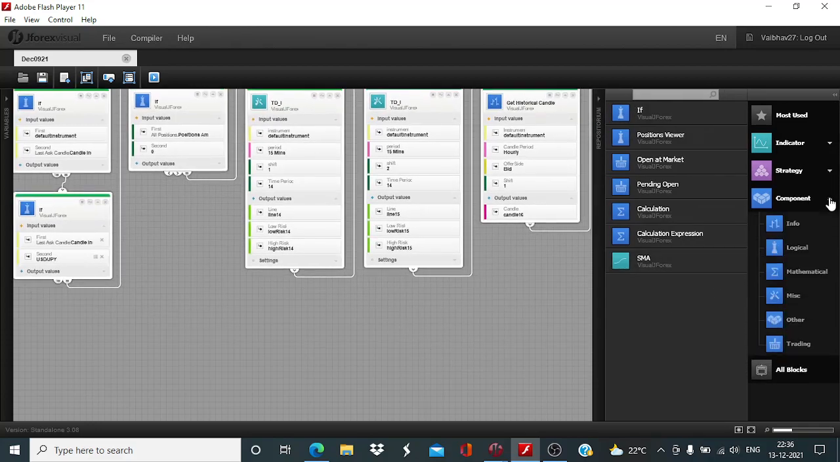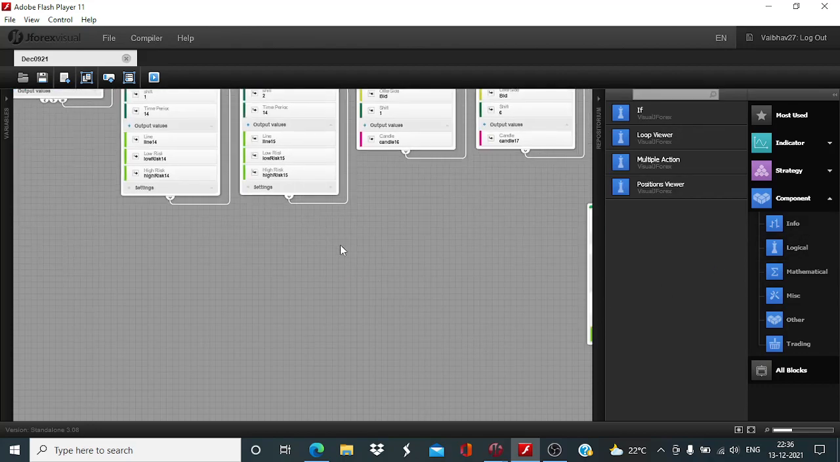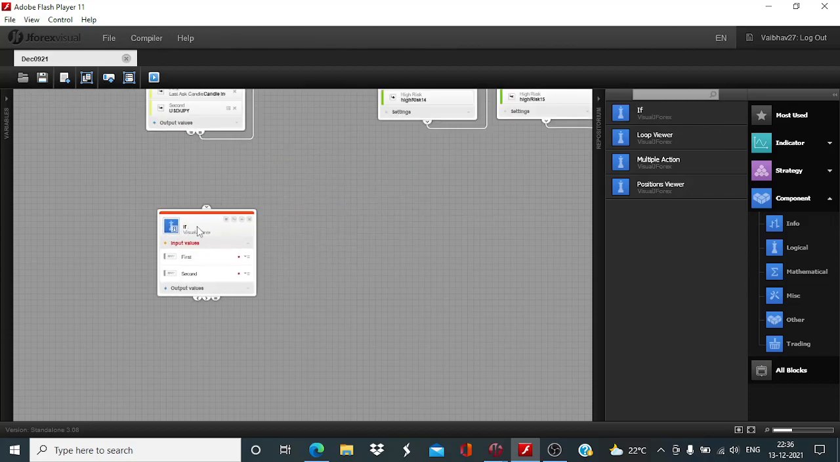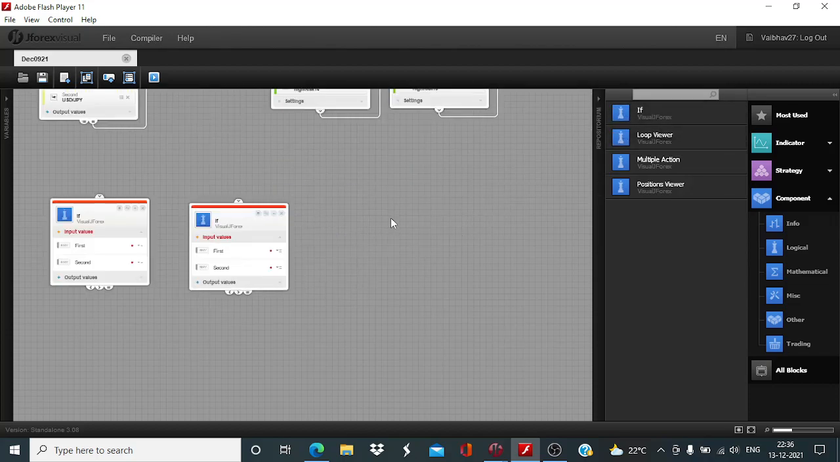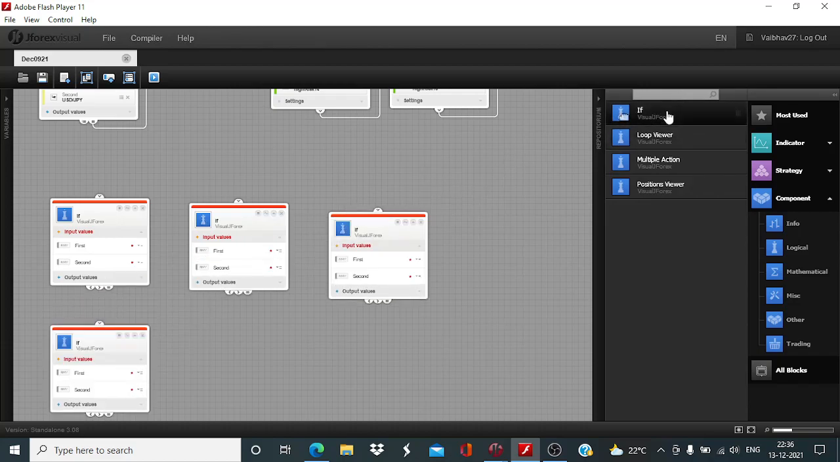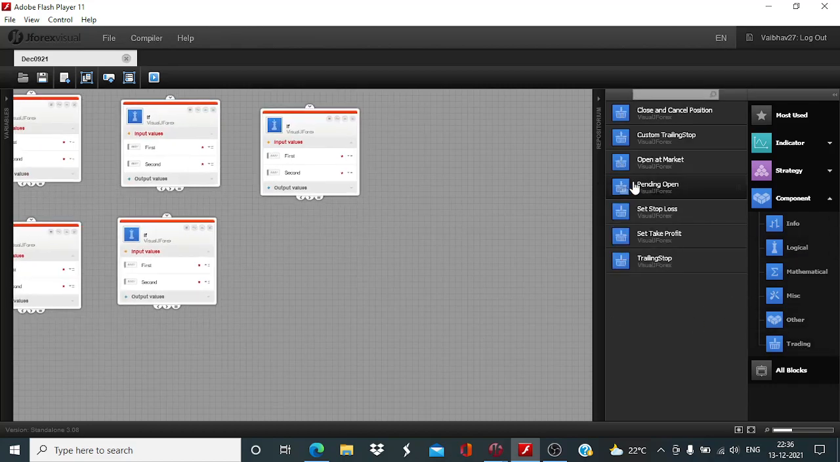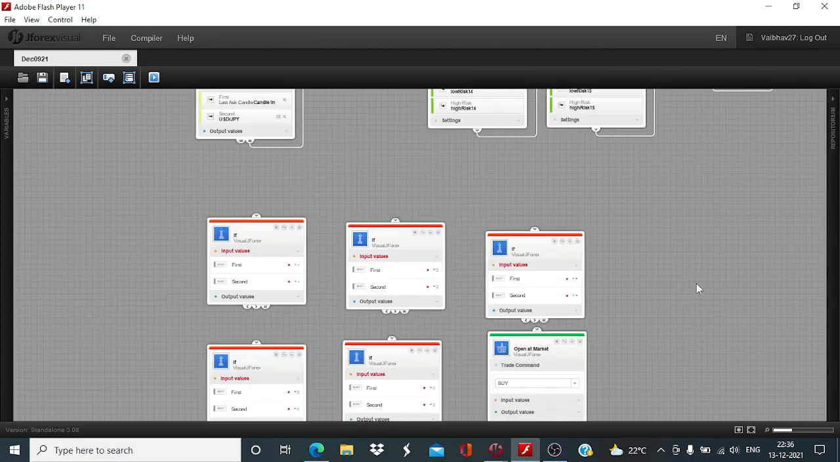And here we take component, logical component. One, and after that the trade command block. Okay,